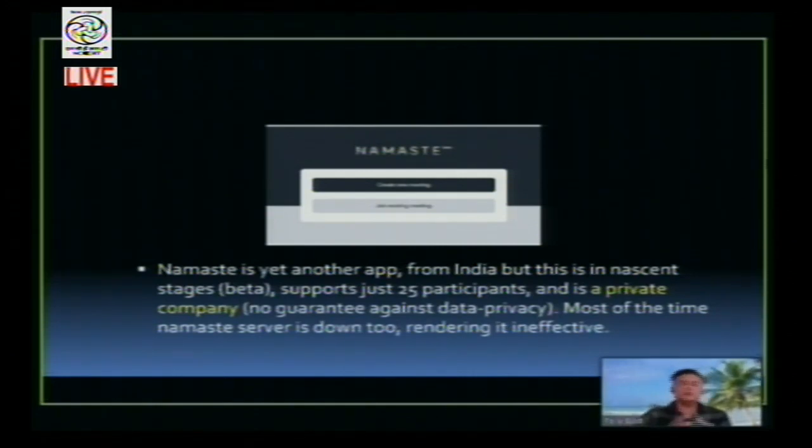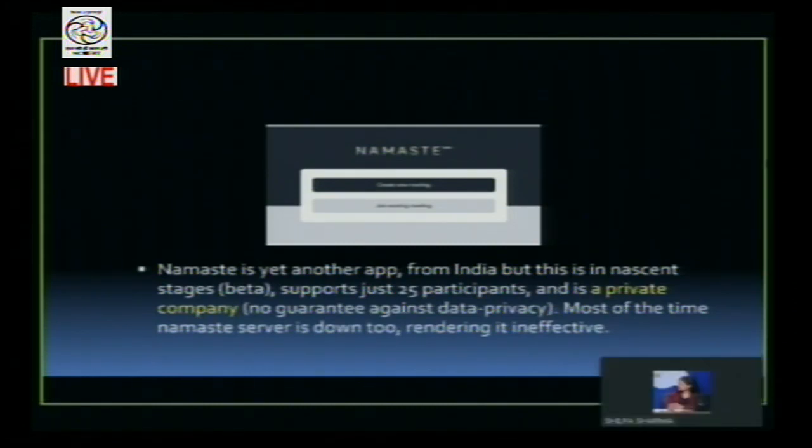Another thing is that you might think Namaste is like the Arogya Setu app of the Government of India. No, Namaste is private. It's not really a government app. This is fake news being circulated in many media outlets, claiming this is a solution from the Government of India. That is not right. This Namaste app is a private app, which many people do not know. That is the fact, so don't trust this fake news. I have extensively talked about fake news and these problems earlier on my YouTube channel.